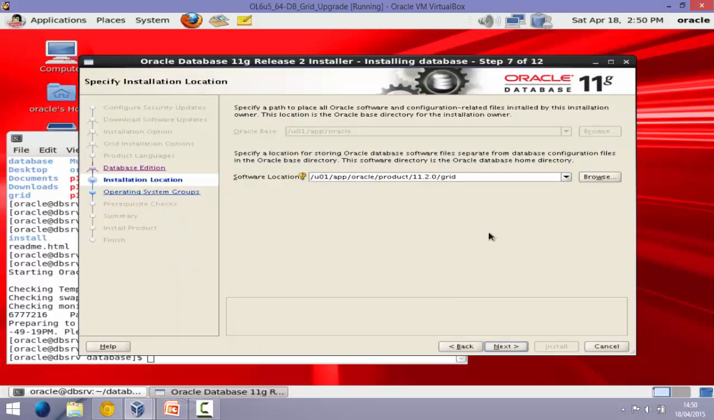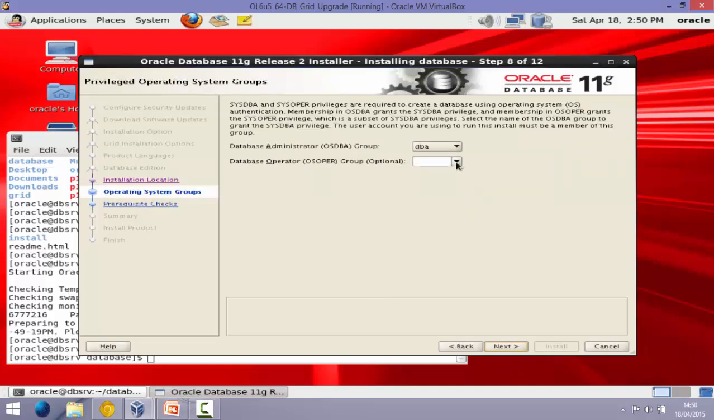in this step, I want to choose the directory which will be the destination, the location of my Oracle database binary files. So I want to choose the DB home as a directory which contains the binary of Oracle database. Next, so I want to choose the DBA as the database administrator group and the database operator group DBA. Next,